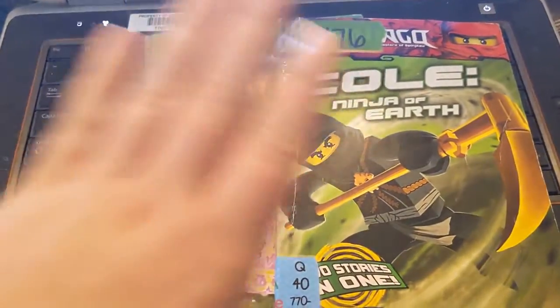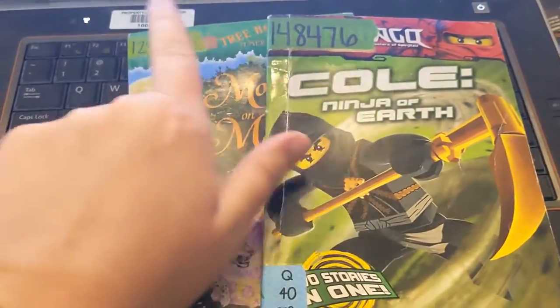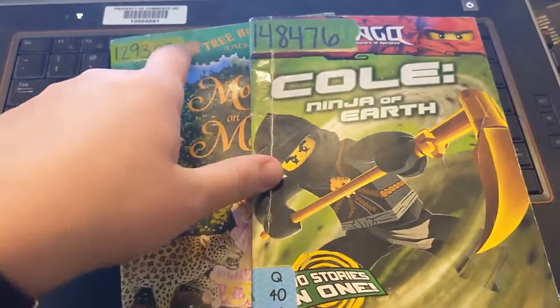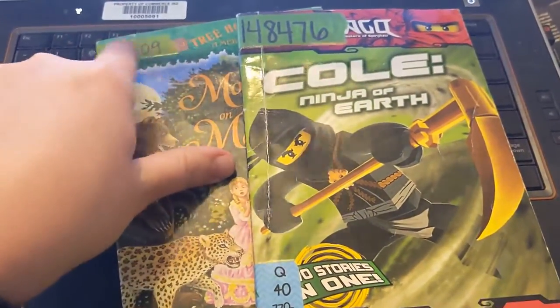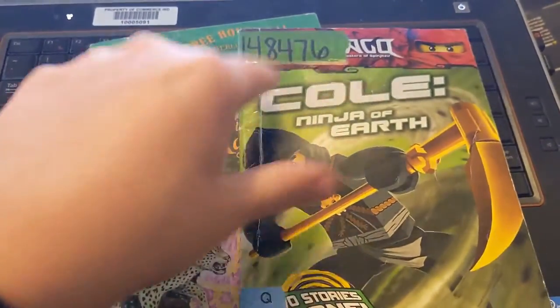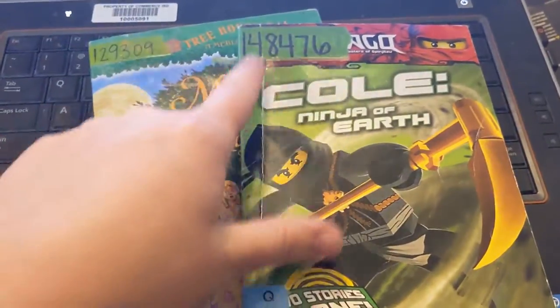Okay, so I'm going to show you how I label the books. I started using green washi tape, and I ran out. I couldn't find any more of the green washi tape that I liked. I like the solid colors. So I ended up just getting some green painter's tape. You can use whatever color you want. I just used